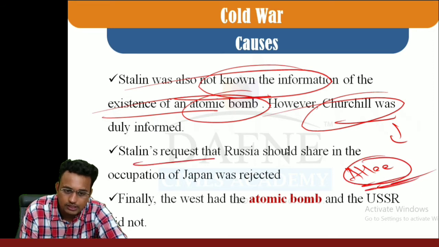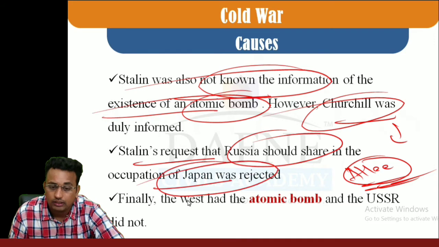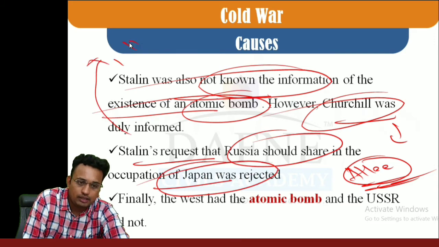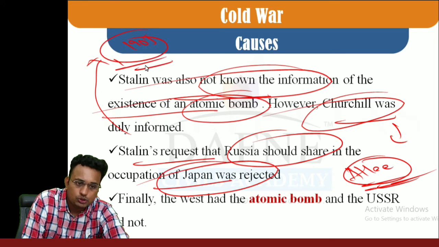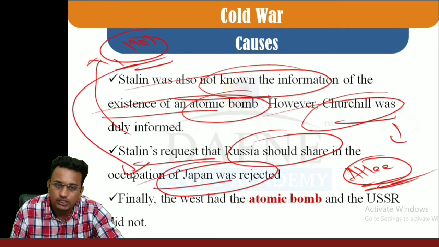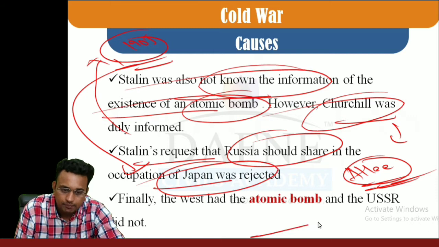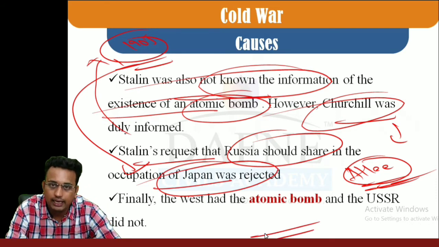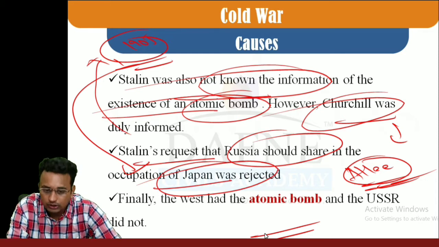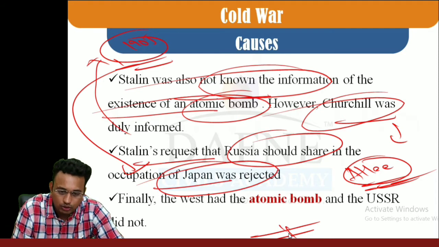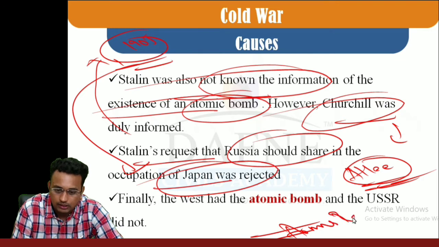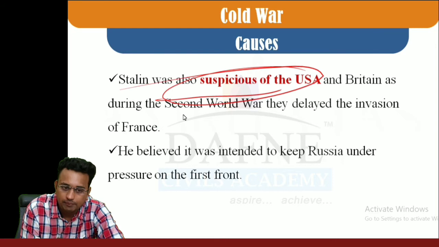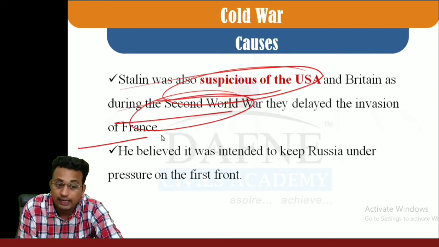Stalin requested that Russia should get a share in the occupation of Japan, because Russia lost some territory after the Russo-Japanese War in 1905. Russia was expecting some territory, but that was rejected. Finally, you have two unequal powers. The West had the atom bomb, the USSR did not. This developed later during the Cold War into the arms race. Stalin was also suspicious of the USA and Britain during the Second World War because they delayed